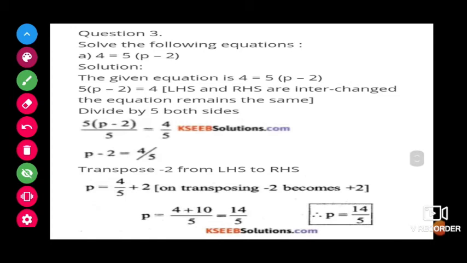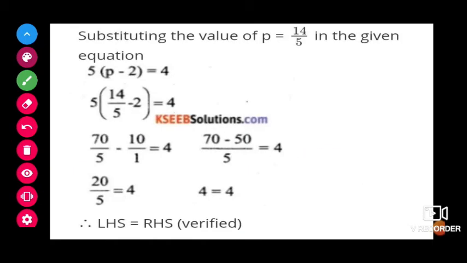So first I will start with the 5. Divide both sides by 5. We will get p minus 2 is equal to 4 by 5. Now the extra minus 2, if I send to that side, becomes plus 2. So p is equal to 4 by 5 plus 2. Taking the cross multiplication, 2 plus 4 by 5: 5 twos are 10, so 4 plus 10 by 5, that is 14 by 5. This is substitution, children. Whether we got the same answer or not, just substitute and find.